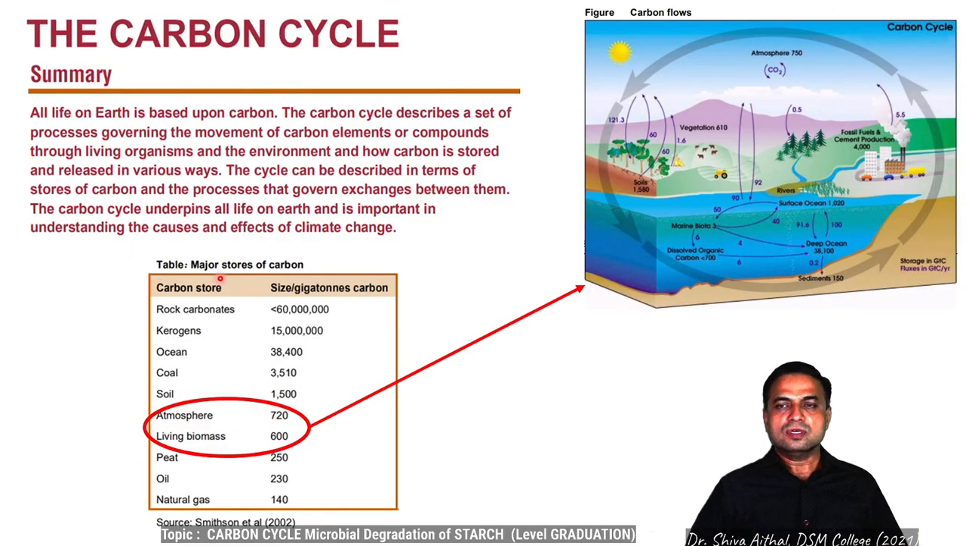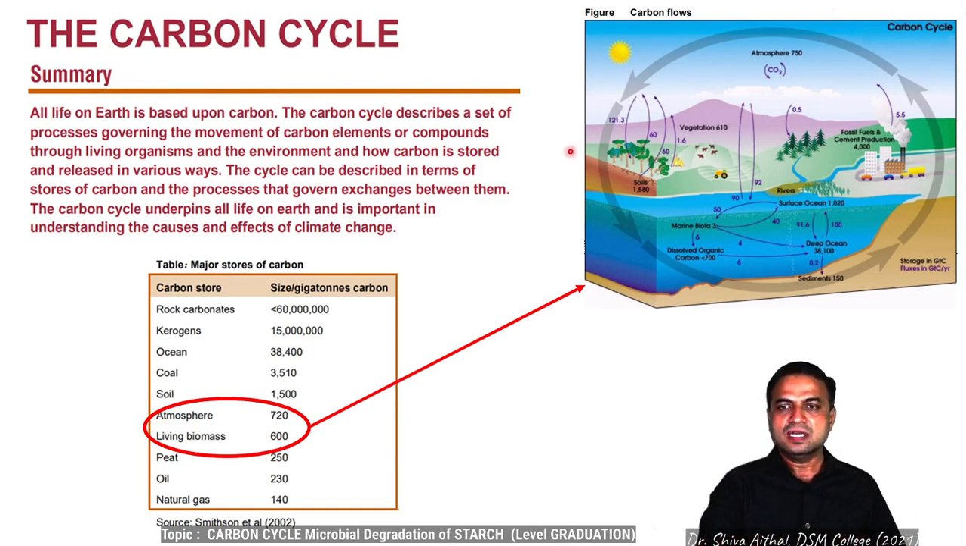So once again I would like to throw some light on the carbon cycle, as we have been seeing this cellulose and starch degradation with respect to the carbon cycle. As I have been emphasizing, life on earth is based upon carbon. The carbon cycle is a set of processes which governs the movement of carbon. Whatever carbonaceous compounds are there, they move through the living organisms into the environment, and how this carbon is stored